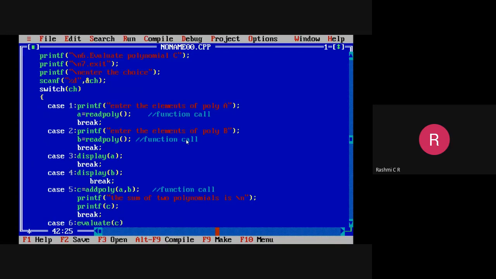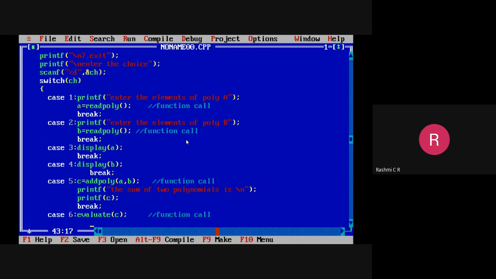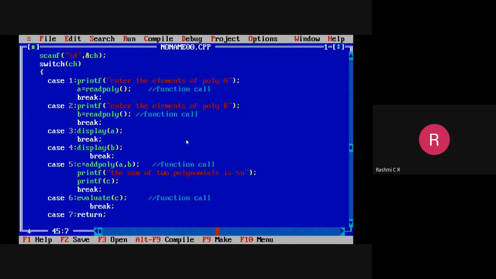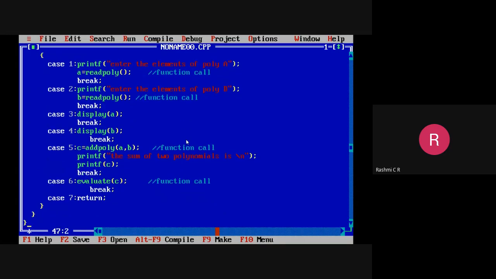I'm just calling the function evaluate. We have to write the function definition. Okay, so then come out of the particular case break. What is case 7 is the exit case. Just write the return statement. Okay, so then close the switch case, close while loop, and the main function.